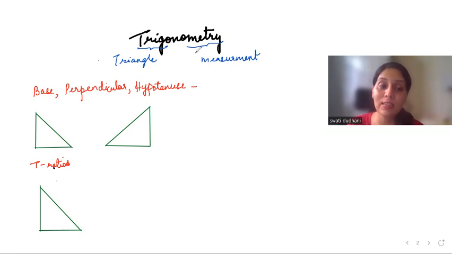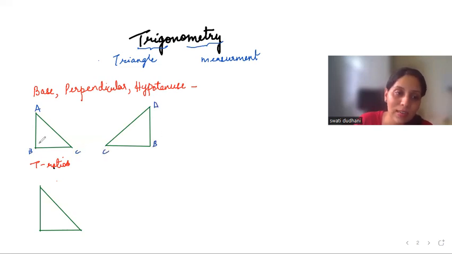Now, firstly, let us understand base, perpendicular, and hypotenuse. And one more important thing, trigonometry deals with only right angle triangles. So let us see what are the three terms that are often used. First, let me take this right angle triangle and consider this angle as theta. As we know, the side opposite to 90 degrees is the hypotenuse H. The side opposite to the angle, here the angle is theta, is the perpendicular P, and the third side is the base.